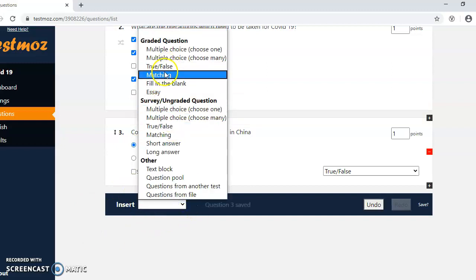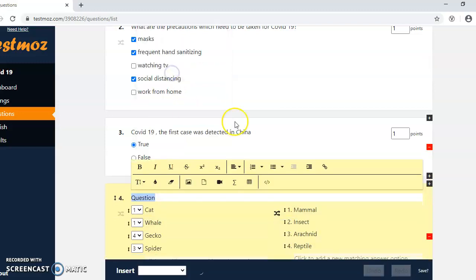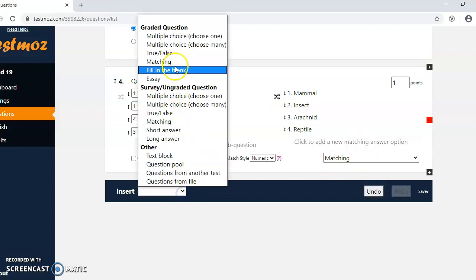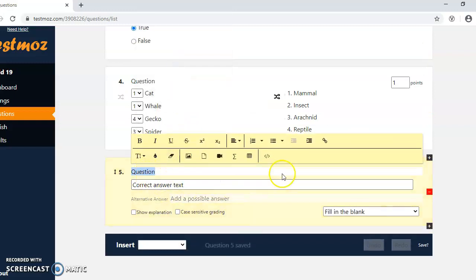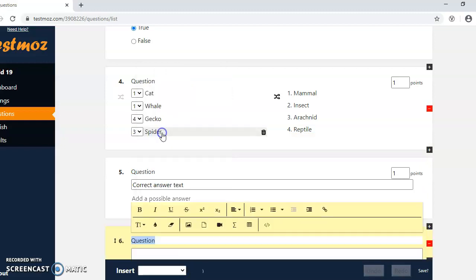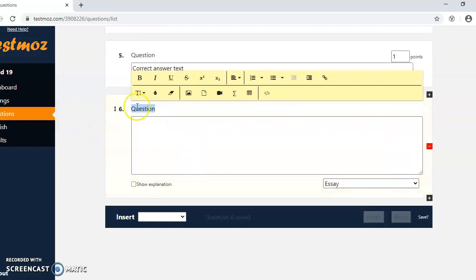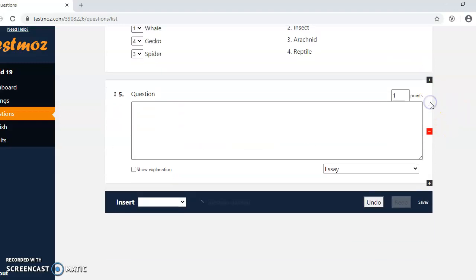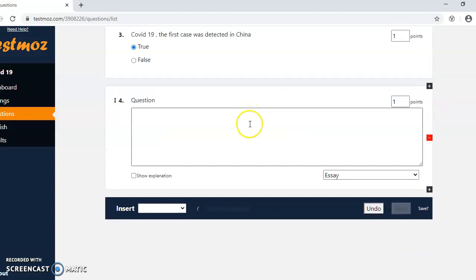And likewise, you can have matching, fill in the blanks, or even an essay, which could be given to your students, and you can make the test as interesting as possible. So if you want to go about matching, this is how you can make a matching problem. Or if you want to have a test of, say, fill in the blanks, this is how you fill in the blank, and you can just write the answer here for your students to see. Or if you want an essay, then you just have to write the question and give them the space. And if you don't want some questions, you can just delete those questions so they won't appear.